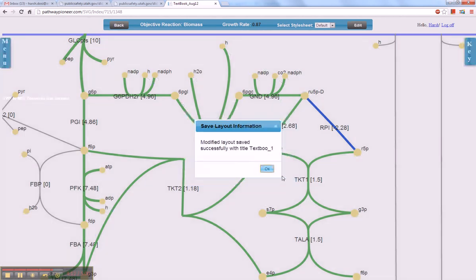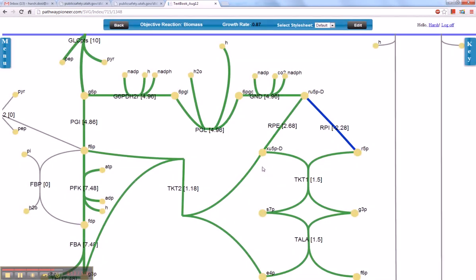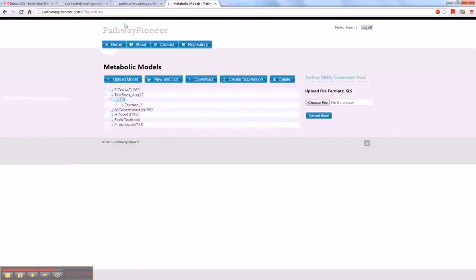Once the model is saved, it pops up a message that your model is successfully saved with this particular name. When I hit OK, using the back button in the extreme left corner of the header, we can navigate to the model listing page, and the model which I was working on is considered as my base model. Under this particular model, I can see the model which I have currently saved.